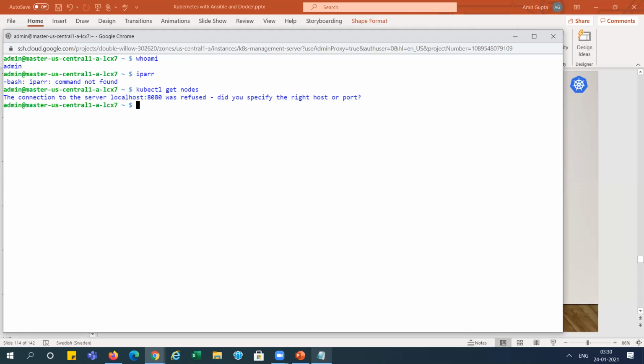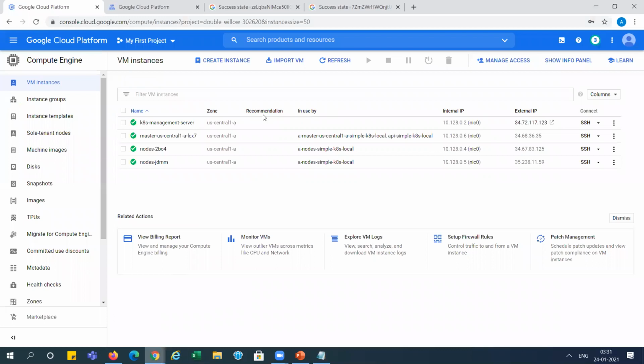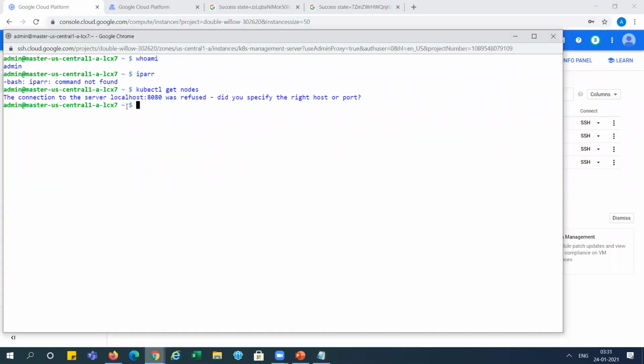It means this kubectl is installed with the Ubuntu user. So what we will do, we will directly log in to the master server and check which user is working over there. Let's go and check, right? I am just logging in to the same server, or you can try here with Ubuntu. Let me try. No password entry for this user. Actually, we need to remove the passwordless connection.